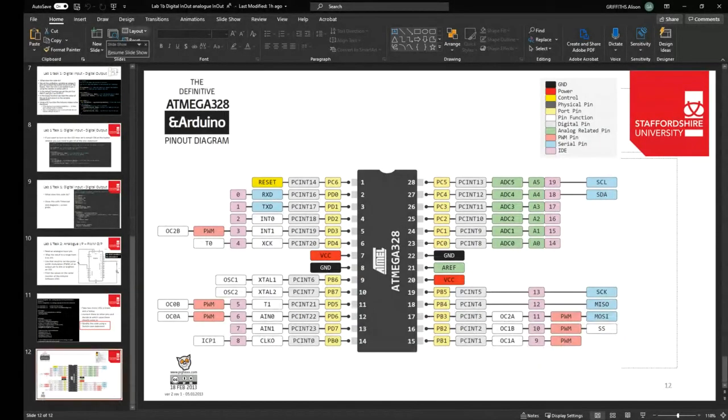So this diagram that I showed last week is a diagram that you need to keep close at hand. We mentioned all the different ports. At the moment, this is how we're going to be programming. So you can see that we have,